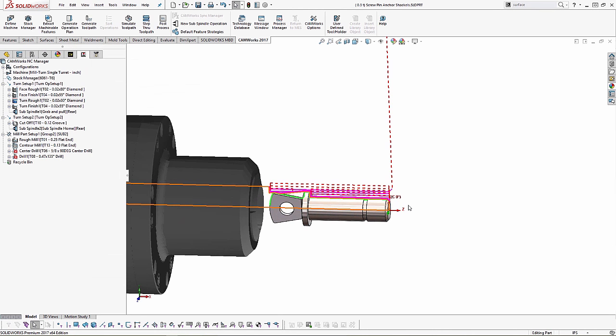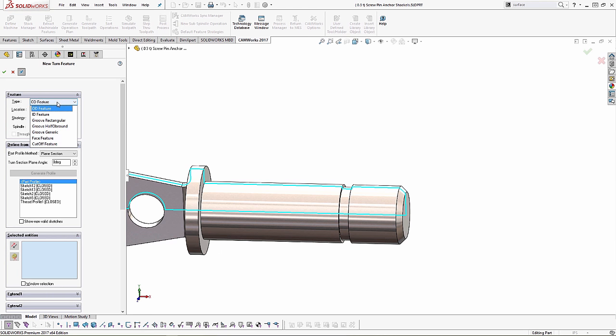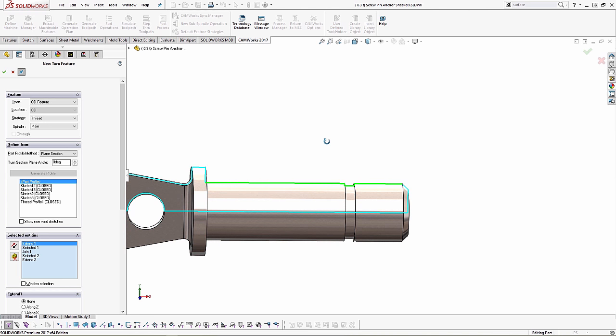When it comes to threading, we can actually thread multiple segments all in the same operation now. So if I were to create a new turn feature, it's an OD feature using the thread strategy. I can now select this segment and this segment because they're collinear. Okay. I couldn't do that in the past. In the past, if I were to accept the feature at this point,